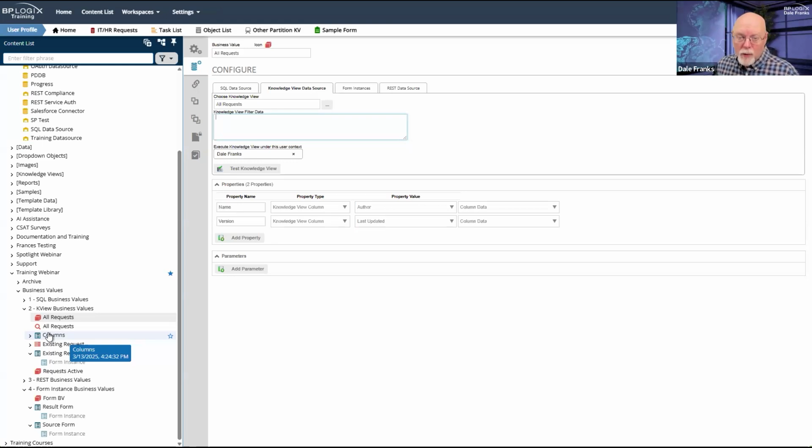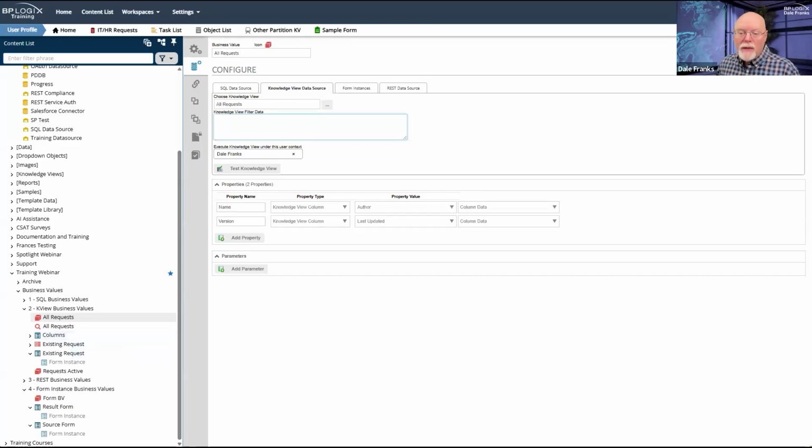Knowledge views can run based on who is running them, the permissions of the person that is running them. Well, a business value isn't a person. It doesn't have any permissions. So we have to have a user who has permission to at least run that knowledge view and see the results.